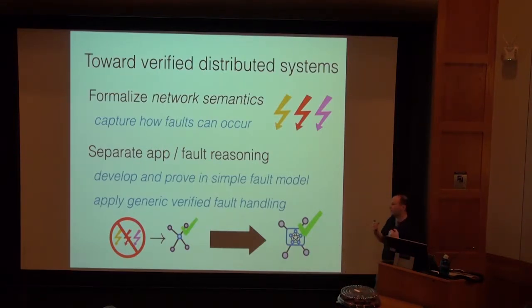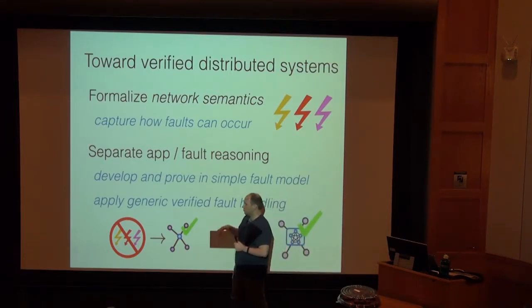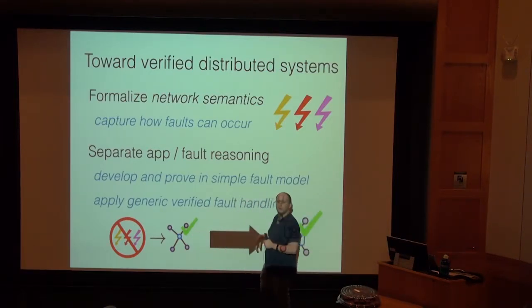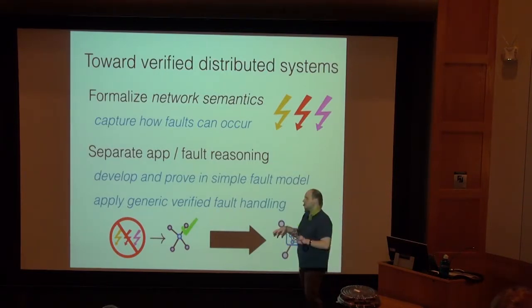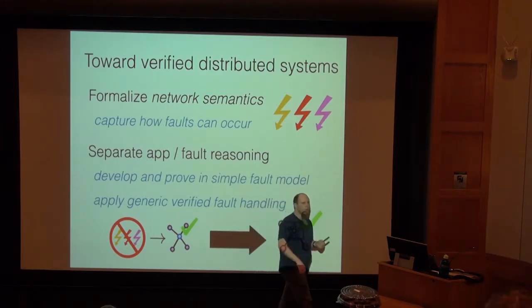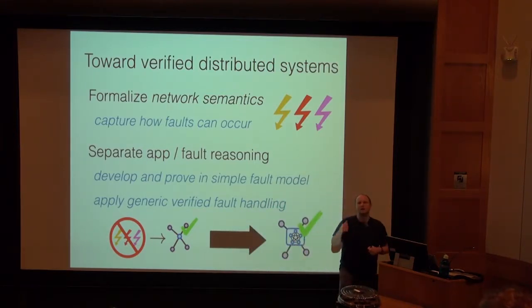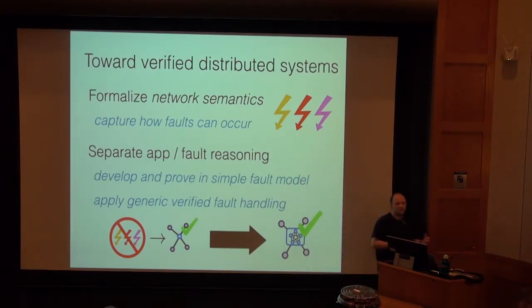But the key thing that Verity really enables is transforming systems and carrying their proofs across semantics, right? So I want to take a system which is correct, assuming certain kinds of faults don't happen, and automatically transform it into a system that can handle more faults. So that's what we're going to get into today, and we're still going to be talking a little bit in the simple DS